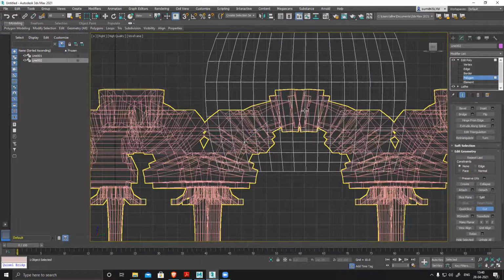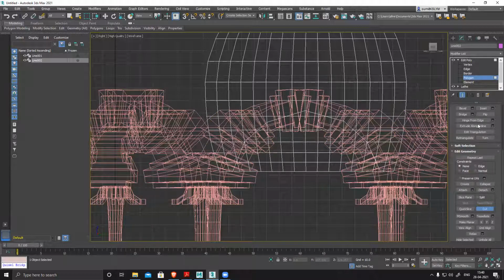I'm just randomly clicking, and right click, done. Right click again, polygons, and I'll select and delete those unwanted polygons.